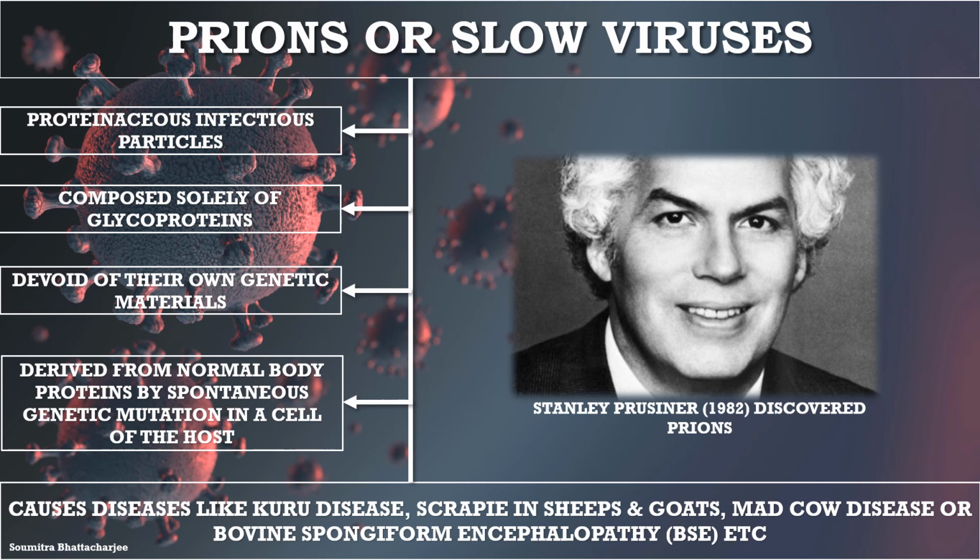The final type of subviral agent which we are going to discuss is referred to as the prions or the slow viruses. The prions are actually proteinaceous infectious particles which are devoid of their own genetic material. The prions were first studied, isolated and identified by Stanley Prusiner as a main causal agent for diseases like scrapie, kuru and mad cow disease in 1982, and he was also awarded the Nobel Prize for prions